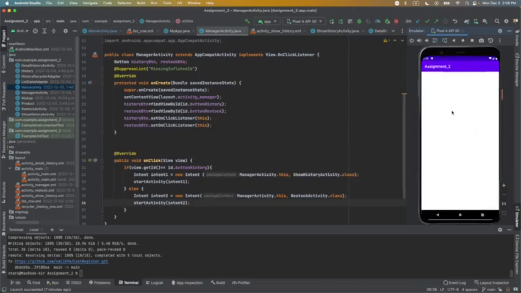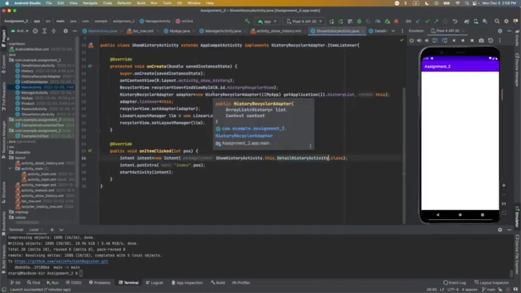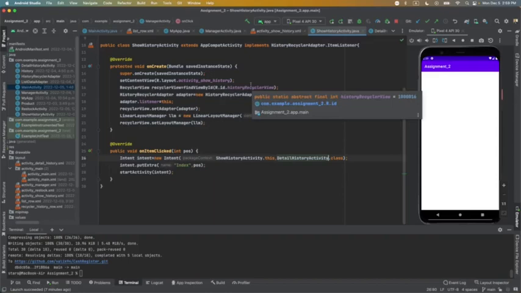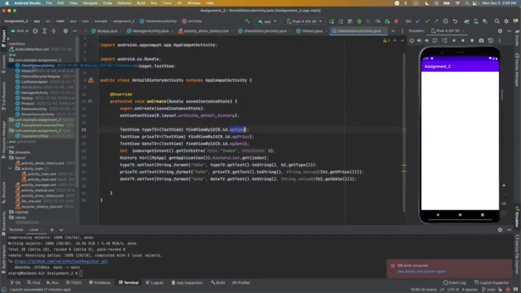Let's go into the history button. So inside the history, you will see a listing of all the histories, which would be just down here, right? So show history activity. So this is where we're at right now. And then the detail history activity would contain that history inside of it. If we go back,